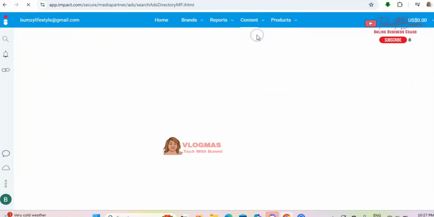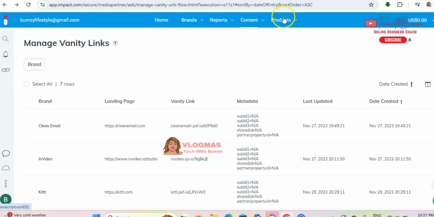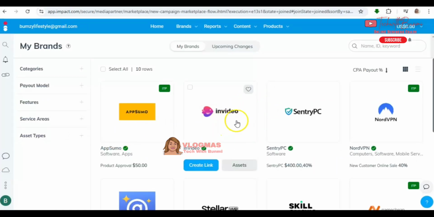I've spoken about this before. So these are the images, I'm not going to repeat that. So that was a short tutorial on how to create your links with impact.com. Impact.com is a very good site, as I said, and you don't want to miss all this juicy money by promoting it. In my next video, I'm going to be showing you how to promote this on Pinterest,